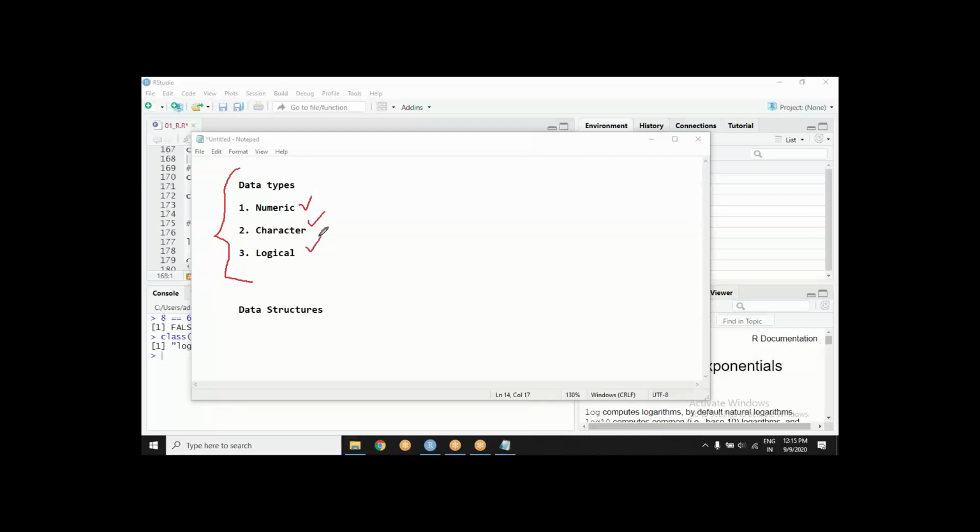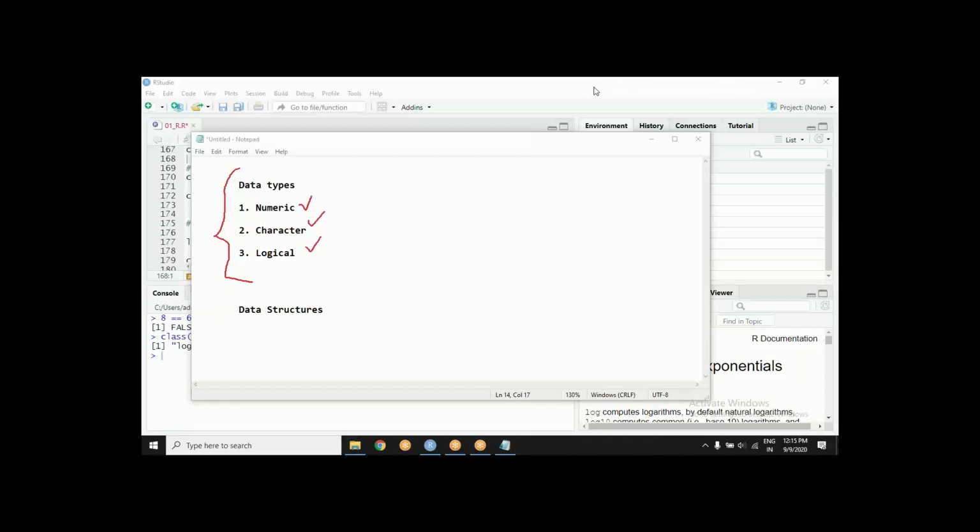If you have a data set, what kind of columns would that data have? It can have numbers, of course. Maybe it can have character, some strings, and maybe some logical values also. Some column which just runs like true and false, false and true, and that's it. What else?